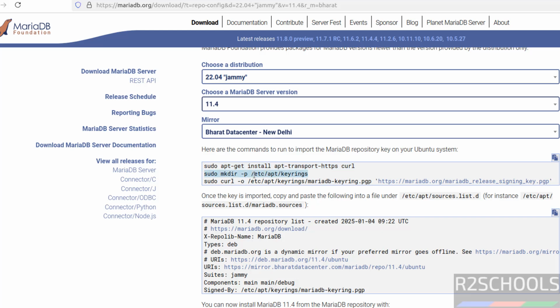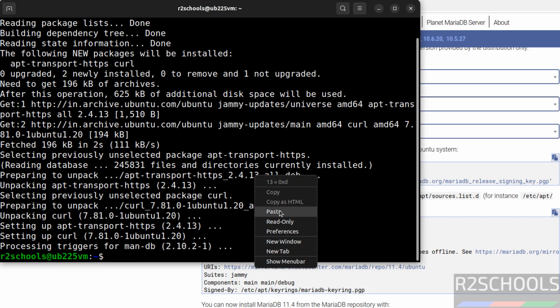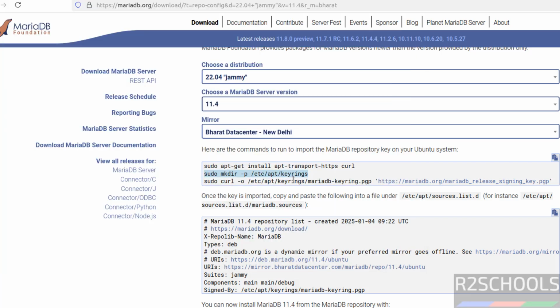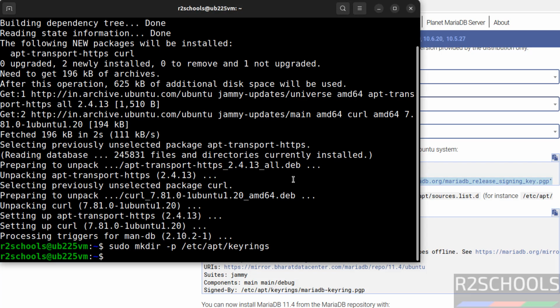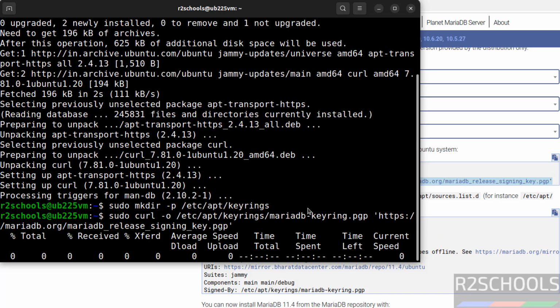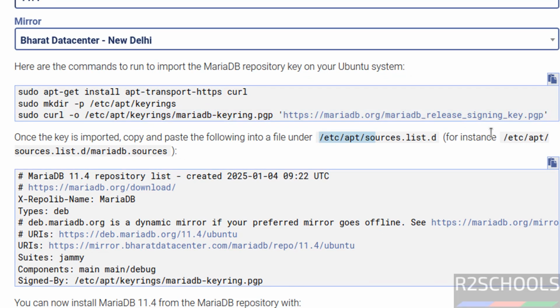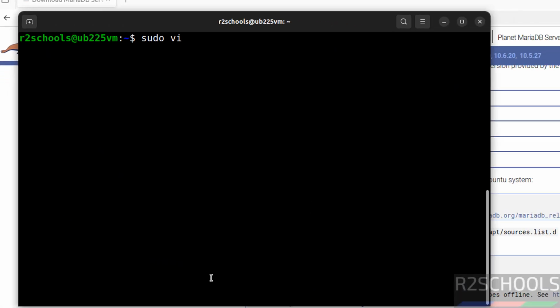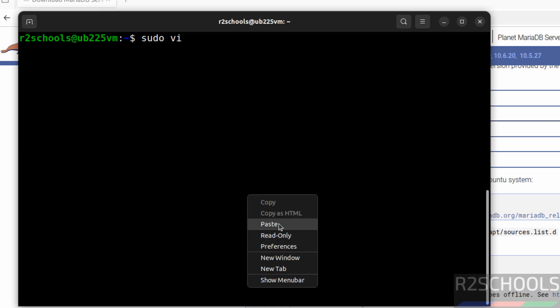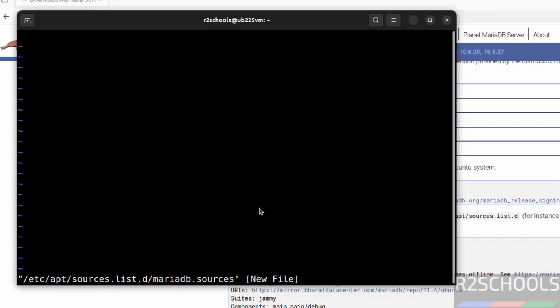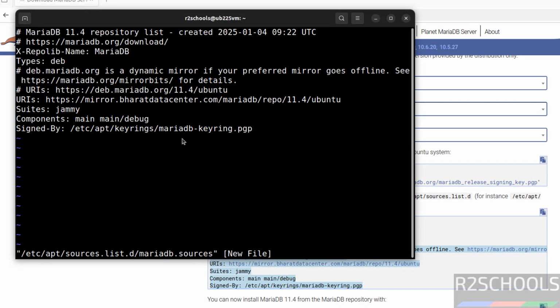Now make this directory, hit enter. Now download this one, paste it, hit enter. It is also done. Now we have to create this file in this directory. Okay, so directly copy this one, Ctrl L, sudo vi, paste it, press I to insert mode, copy it, paste it, save the file,